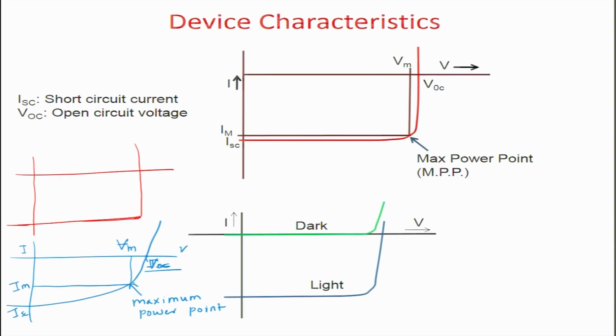Because of the decrease in the current as a function of voltage because of recombination and other issues, the maximum power that can be extracted from a solar cell is much smaller than what you can theoretically get. So, this is where the shape of the IV curve is extremely important. Our aim as materials and device engineers is to maximize the power that can be extracted, which means to have an IV curve which is as rectangular as possible.